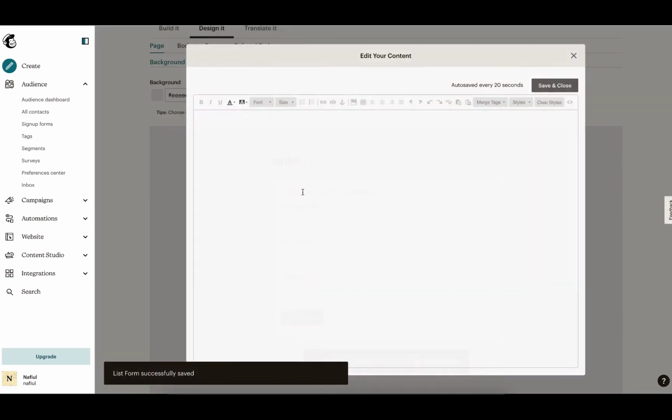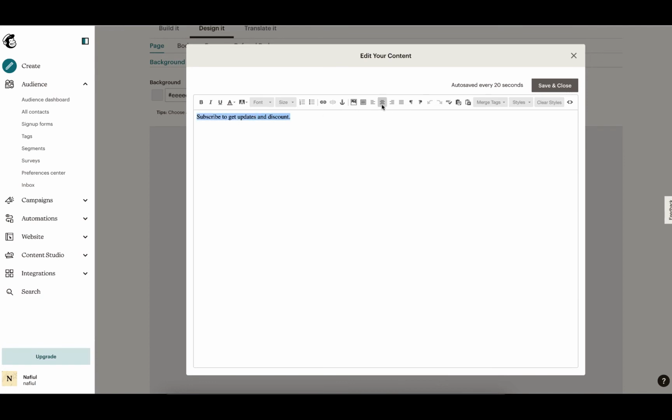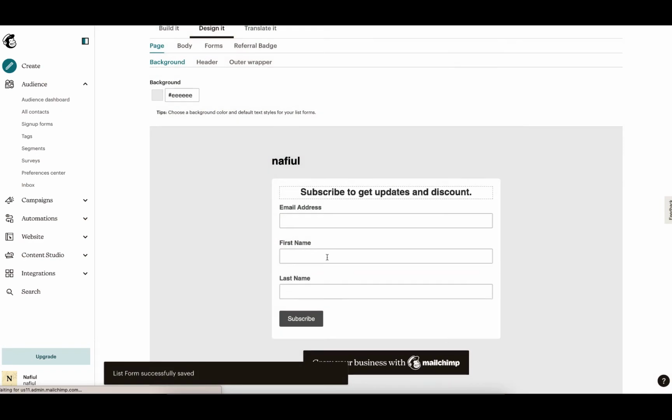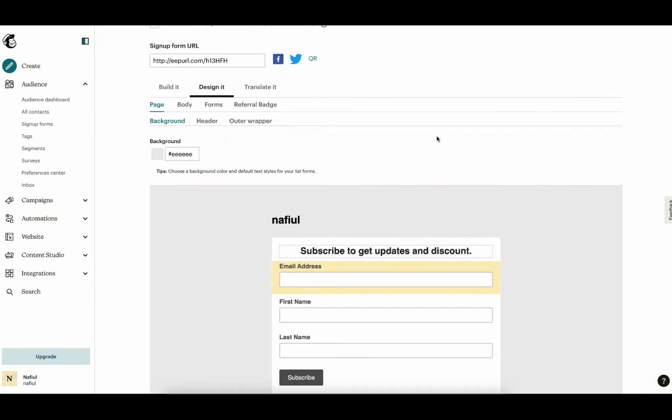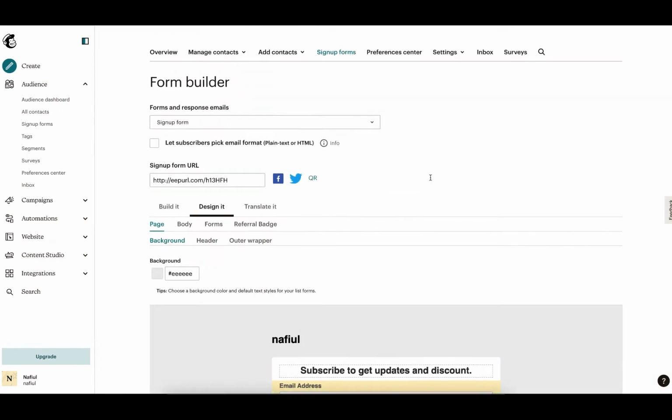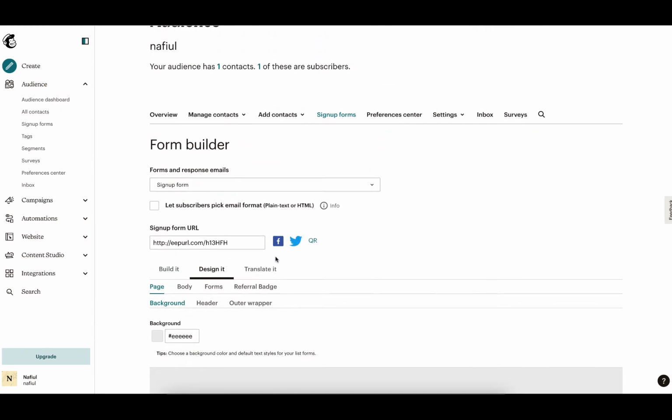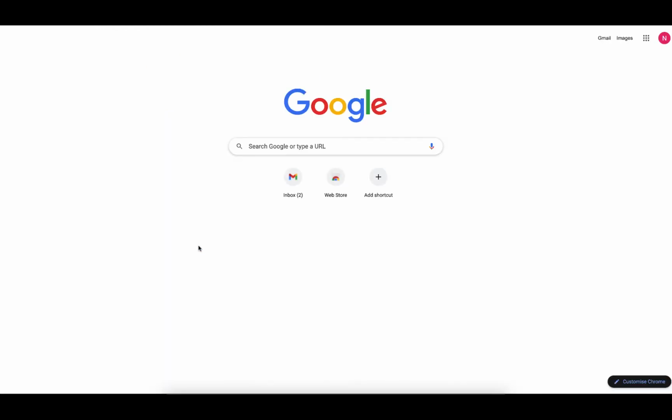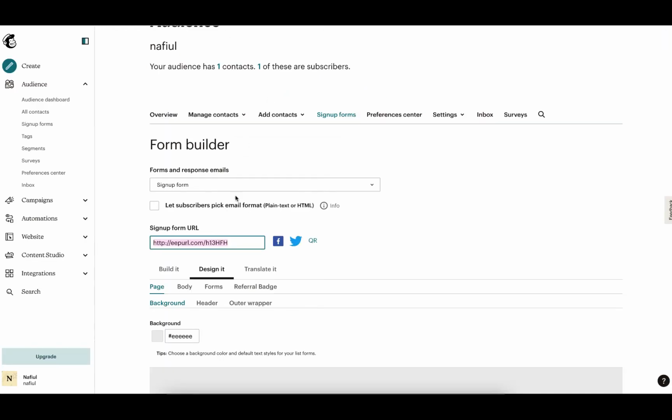I have added a heading that you can center and make bold, font size 24. That looks fine. Now it's in the middle. So that's our sign up form, and here is the URL that you can share with your customers or your audience. If I just visit this URL, copy it,